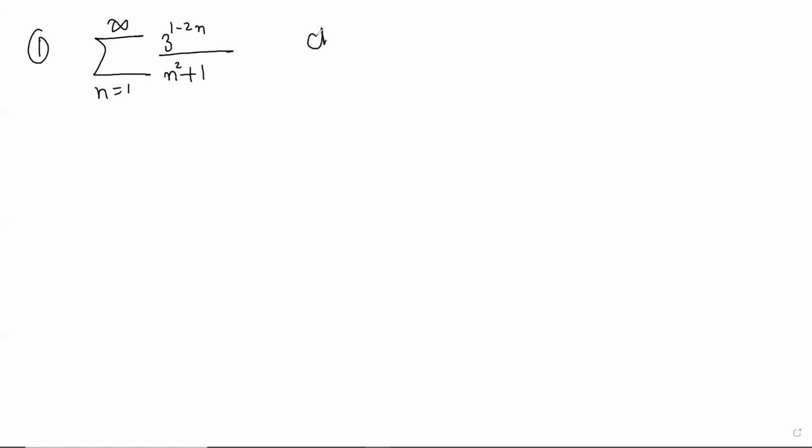And what is the hint that we should use a ratio test? I mean, what do we look for? Mostly, as I had said, if the terms of your series have x to the power n kind of terms times something, then it is like a geometric progression, because this x to the power n is there. So this is the hint that you should try the ratio test. If you feel like you could compare it with the geometric progression, but it's hard to explicitly find the r, then you go with the ratio test.